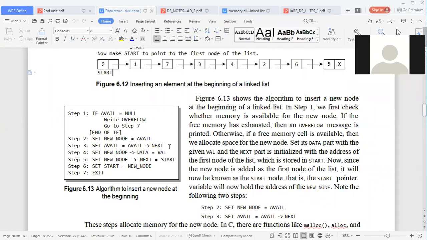Roll number 68. Is it clear? Roll number 68 and 66. Unmute yourself and reply. Roll number 66.